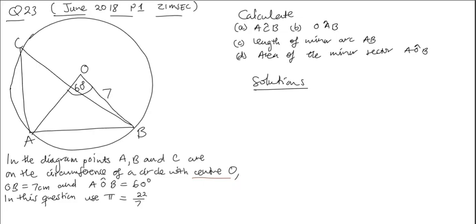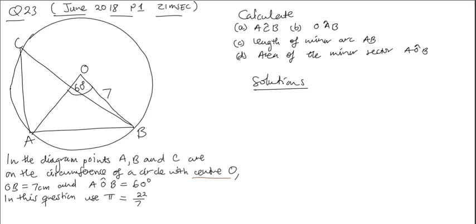This is another question from June 2018, paper 1, question number 23. This is a question on circle theorems as well as other calculations that involve a circle. Okay, so the first thing that you need to do, of course, if you come across anything like this, is to make sure you read and understand all the given information, because most of the times all the answers come from those statements. So in this case, you are told that points A, B, and C are on the circumference